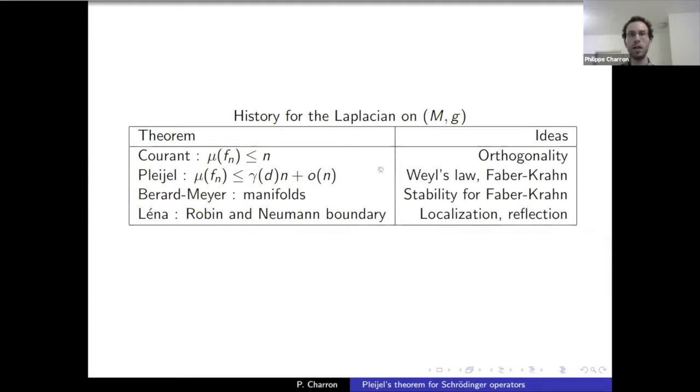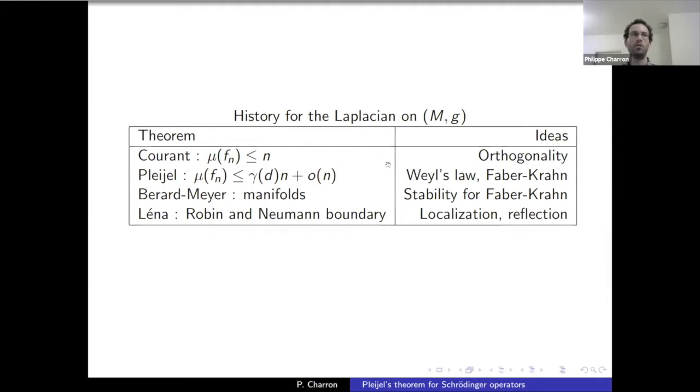And if you're in a setting which has a nice Weil's law, then Pleijel's theorem holds. Later on, this result was generalized to manifolds with either Dirichlet boundary conditions or no boundary. The idea was that if you're looking locally, the metric is almost flat. So if you have some stability estimates for Faber-Krahn's inequality, then you can say, well, as lambda goes to infinity,